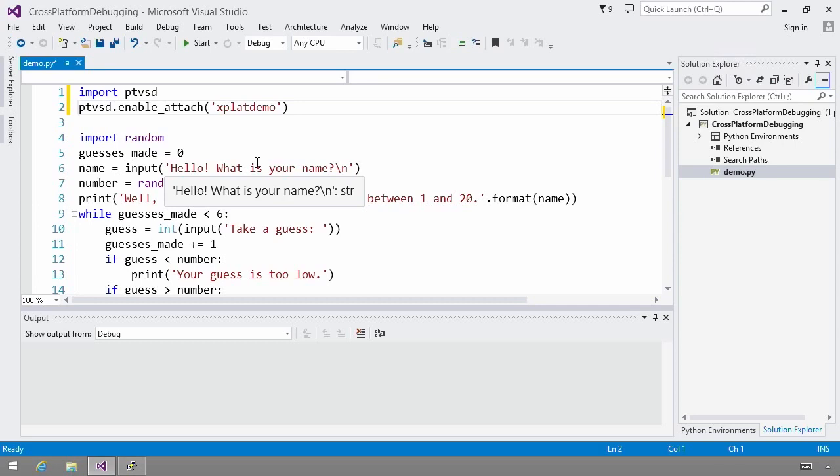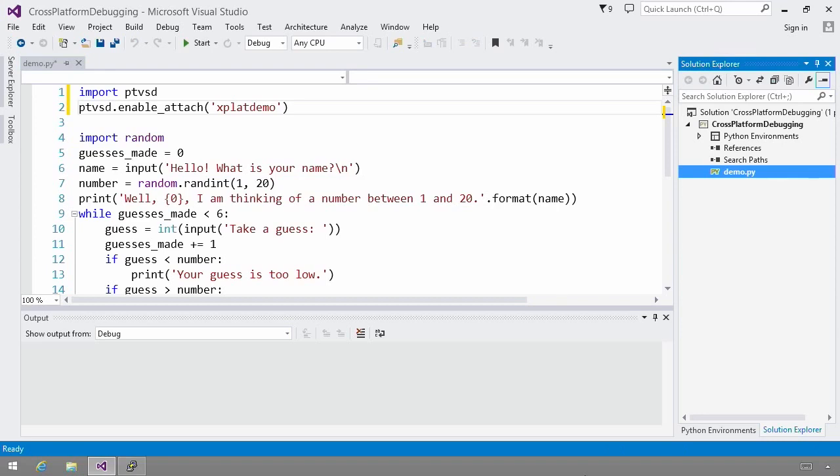There are other parameters to enable attach, such as specifying the port we're going to use, which for this demo we're using the default of 5678, as well as settings that would allow you to use things such as OpenSSL to secure your transport. While not entirely necessary, you may wish to get PTVSD onto your Windows machine, so that way